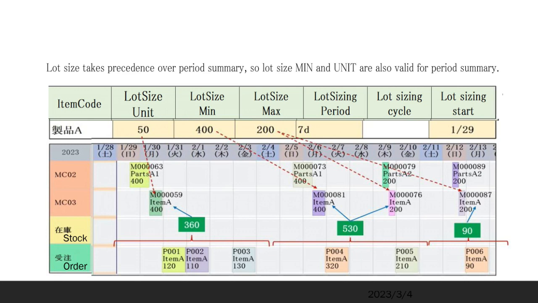So, 200 orders. Asprova's MRP can set conditions for inventory allocation. When two warehouses A and B have the same item in stock, which one to use? You can specify